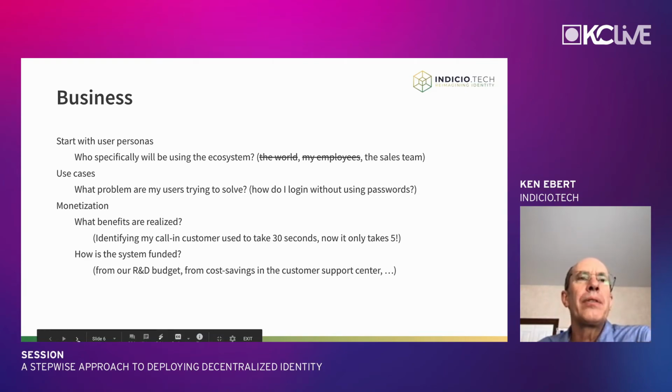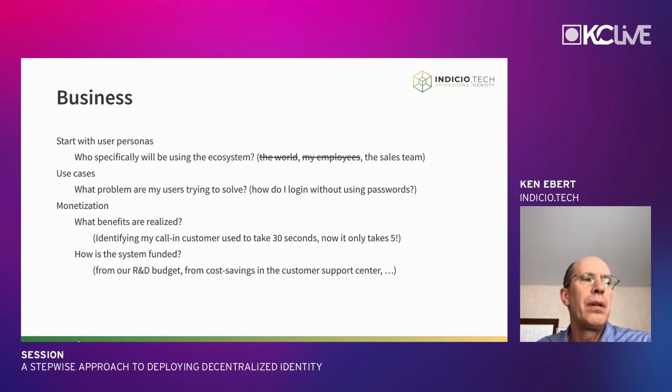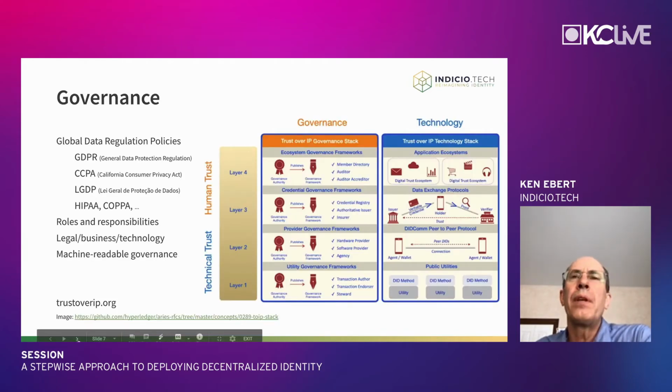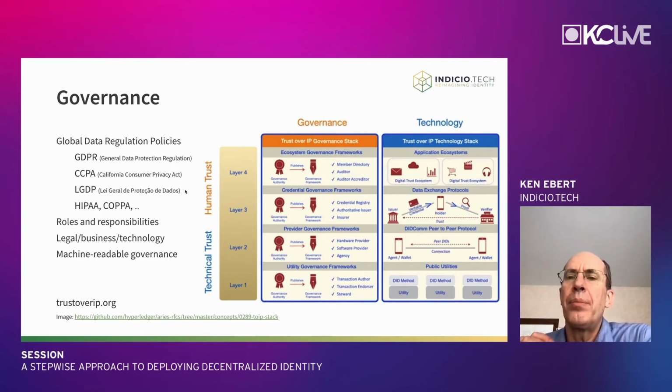These considerations are important because as you get your business case put together, the next thing you're going to need to do is figure out how the governance works. So you figured out what your use case is. What are the rules and regulations that might come into play? And what do you need to consider in order to have a successful product launch and a successful long-term viability of the project?